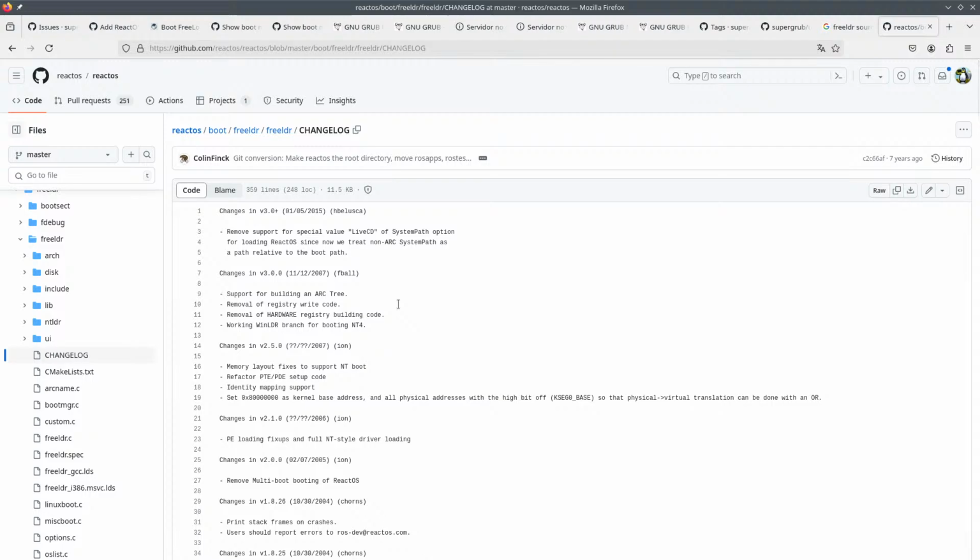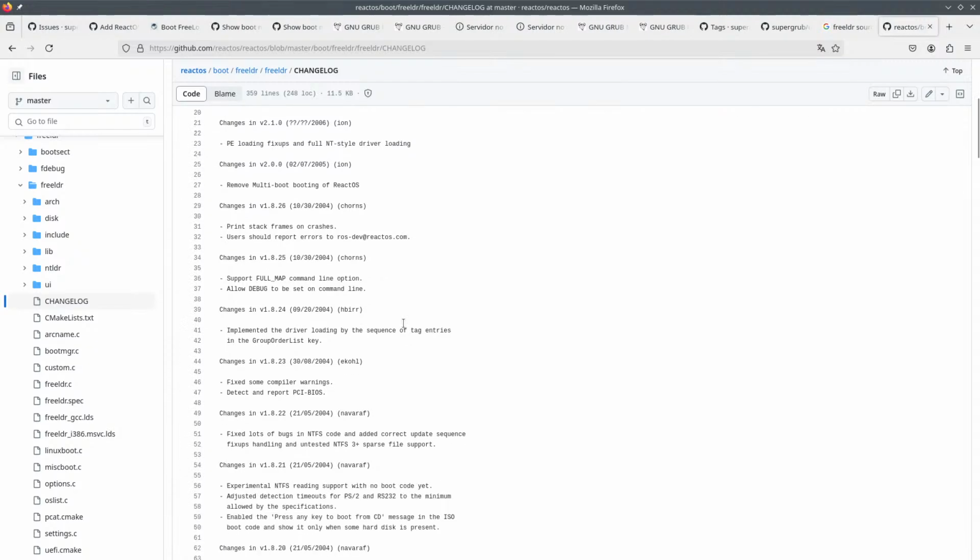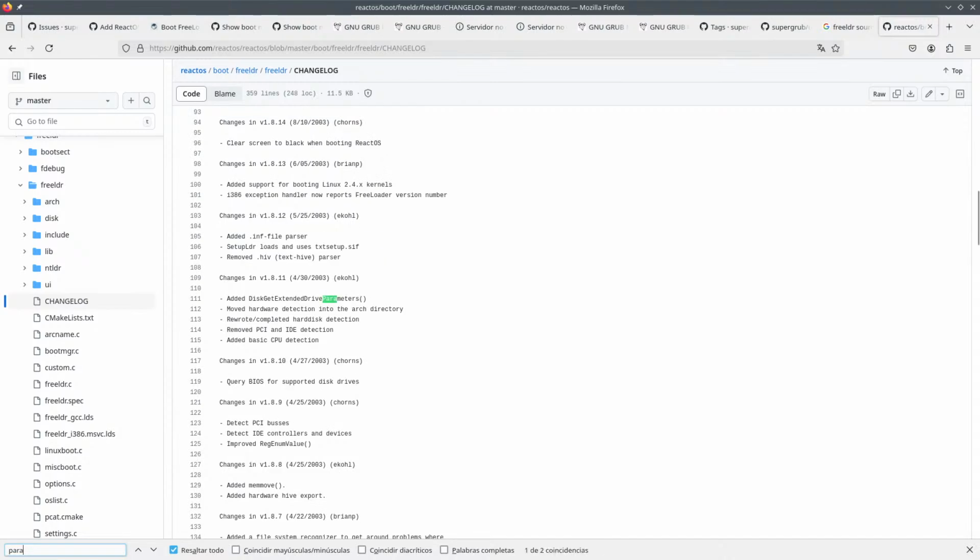So I guess that, wait, 2015? Okay, wait a minute. Remove support for special value live CD of system path options followed in ReactOS. Now we treat non-ARC system path as a path relative to the boot path. So I guess registry bytecode. Oh my god. I guess that one of these changelogs is about kernel parameters or something like that.